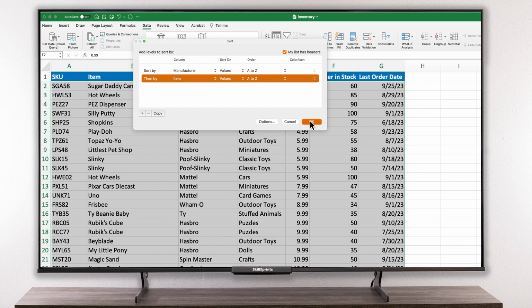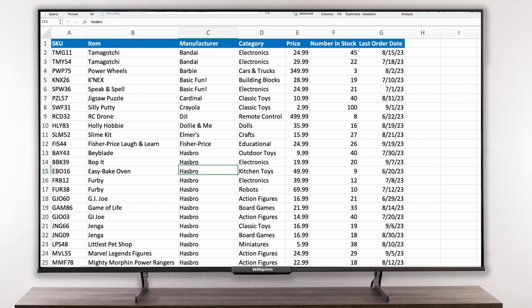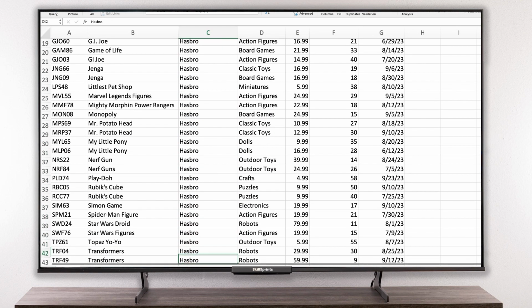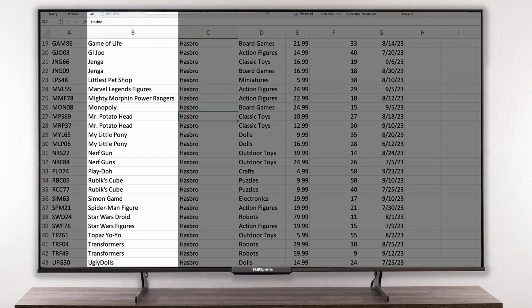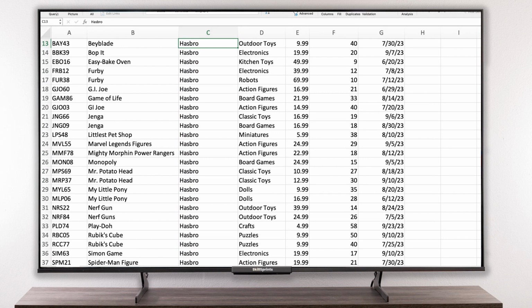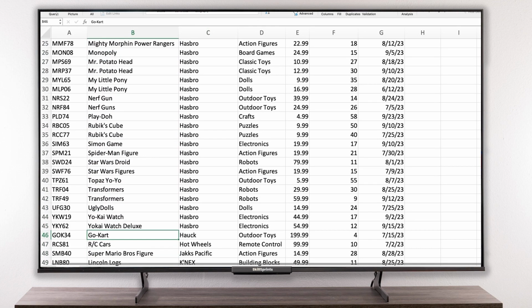I'm going to click OK, and the sort will be applied. So let's take a look at Hasbro starting on line 13. You can see we've got a number of Hasbro products in our inventory, and within the Hasbro category, they're all sorted by the actual item, which is in column B. So first is the Hasbro Beyblade, and then if we go to the end of Hasbro, the last one is